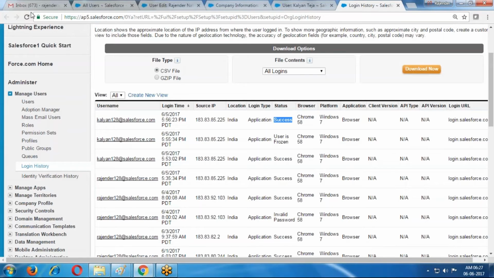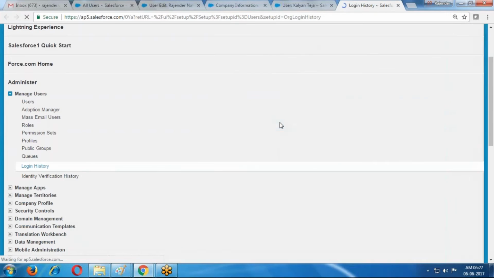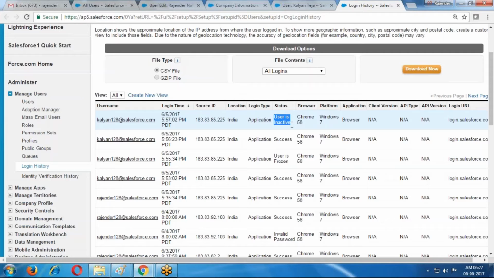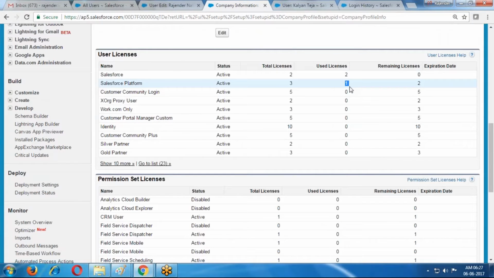Here in login history, the user is inactive. Previously it was frozen, now we are using inactive. In the company information, previously one license was in use. If I refresh, 0 licenses. So that means the license is also released.